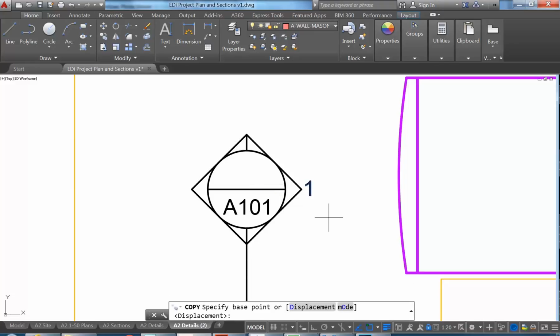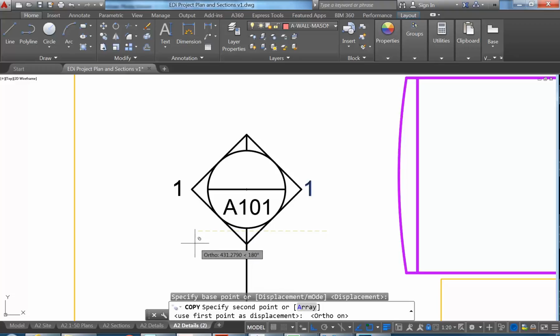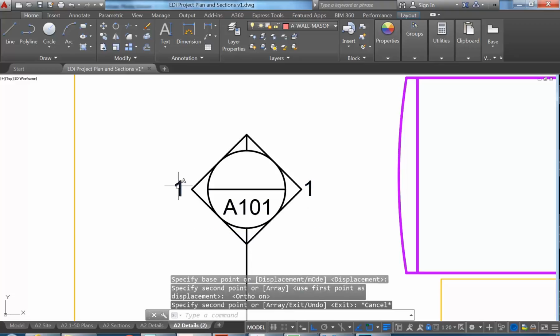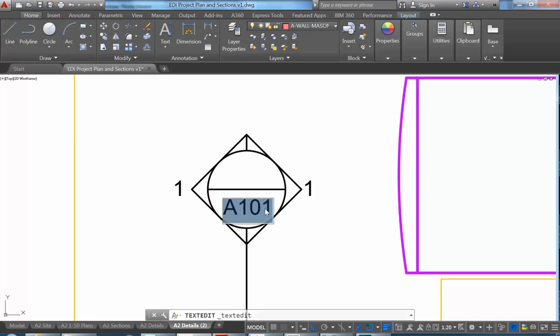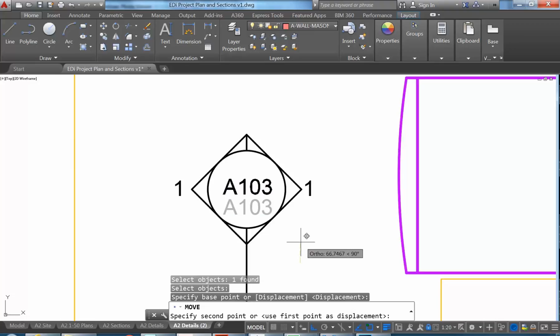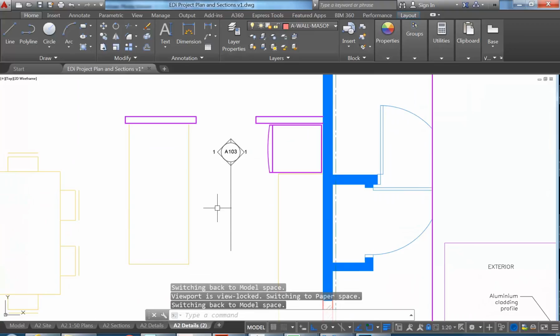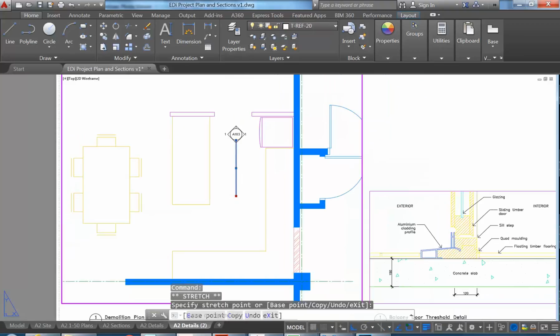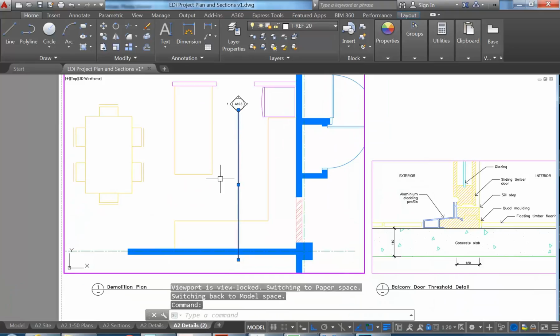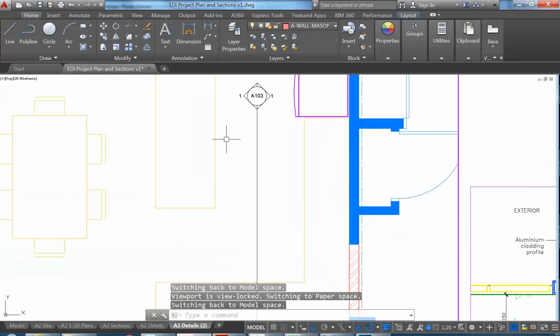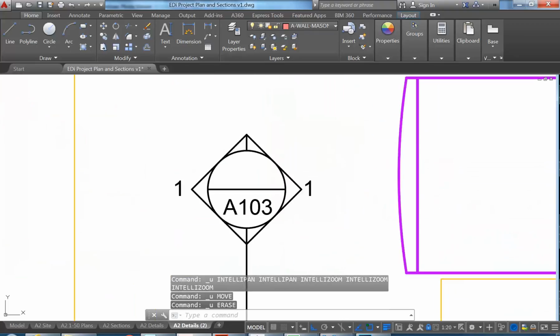And then copy it across the other side. So I don't know which is 1 and which is 2 yet. I don't even know the drawing it's referencing yet, but let's say it's 103. And then that can be in the middle, just to make it a bit neater. Okay, so that works, and then we can have that line coming down like this. That's one option. Most people are going to get confused by that actually,